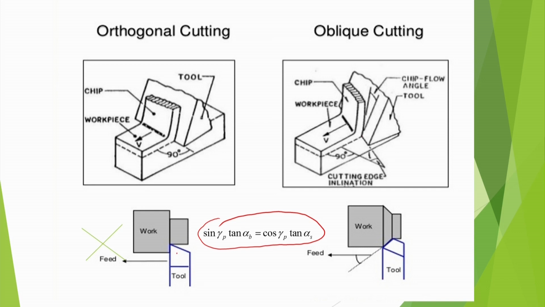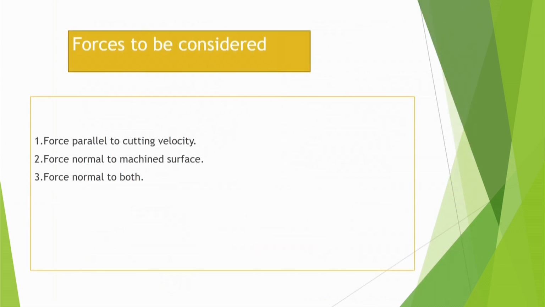That means, first of all, it should be tube machining only, so that the cutting edge is extending beyond this. The second thing is that there should be only the slope of the surface in this direction; there should not be any slope in this back direction. That means it should not be coming down, that means the back rake should be 0. So this type of confusion is there, but you have to be careful.